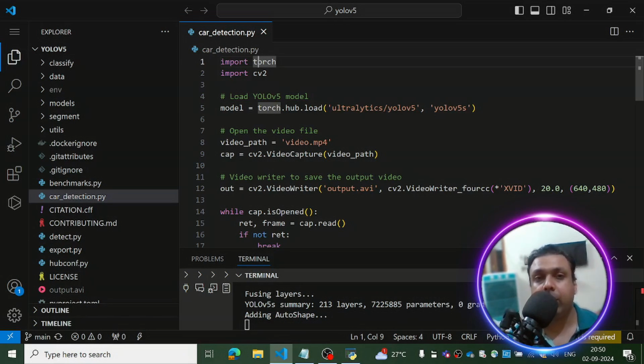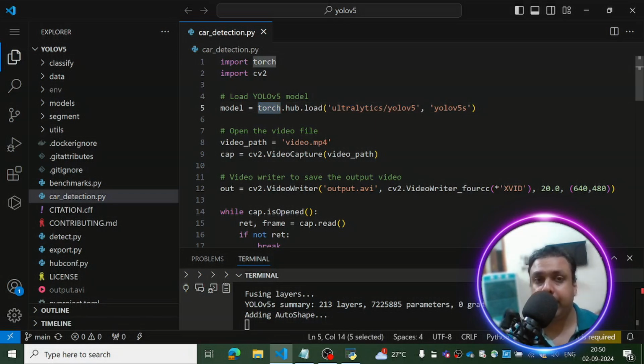Now after that we have used CV2. CV2 is nothing but the OpenCV module which is used for accessing the webcam of the device. Now, if you see this line of code, we are loading this model, the name of which is Ultralytics, and we are using Torch for loading it.